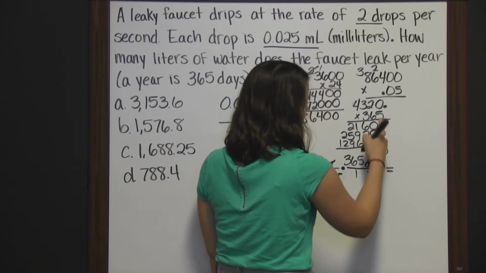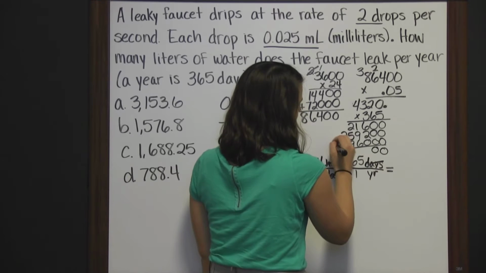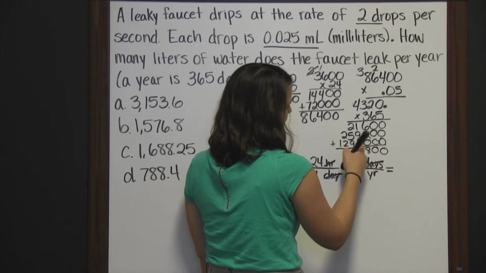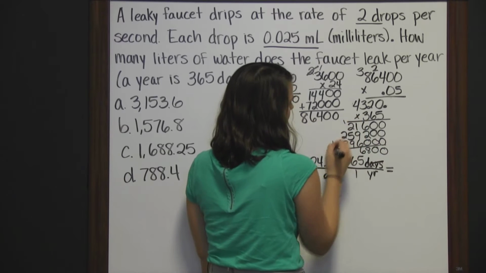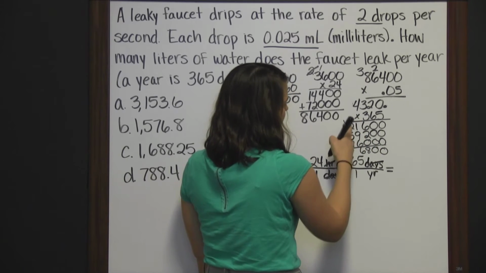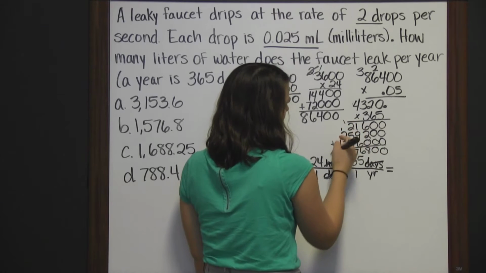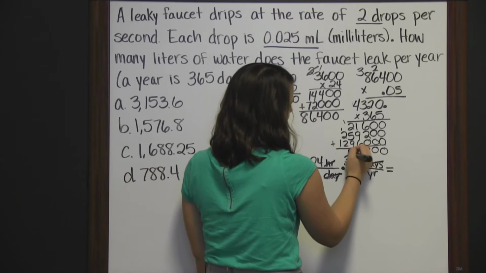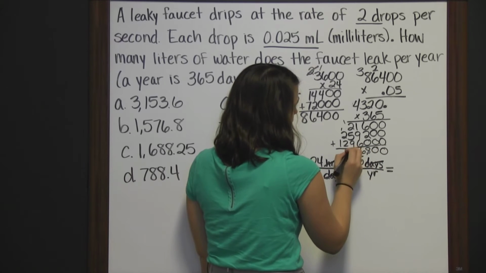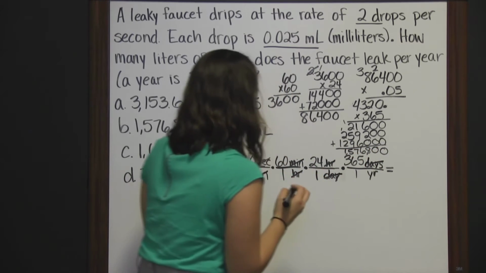So we get 0 here and 0 here. 6 plus 2 is 8. 1 plus 9 is 10, plus 6 is 16. Carry the 1. 9 plus 1 is 10. 15, 17. Carry the 1. 2, 4, 5. So we have 1, 2, 3, comma, 1, 2, 3, comma. So that is